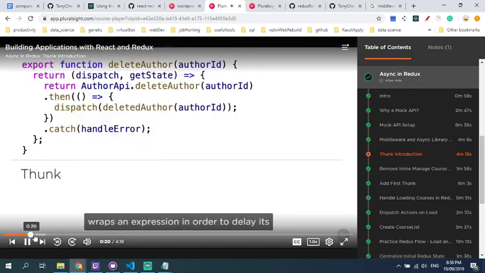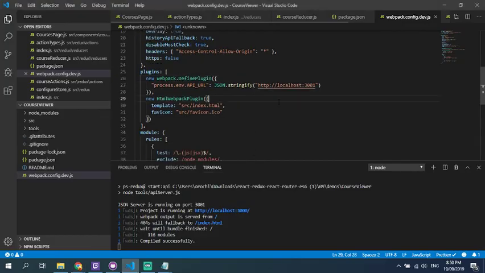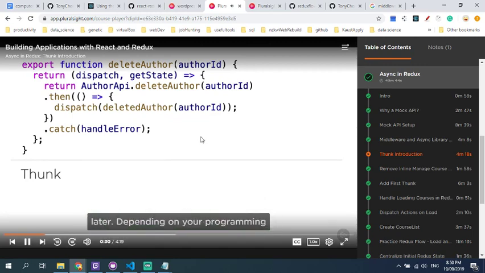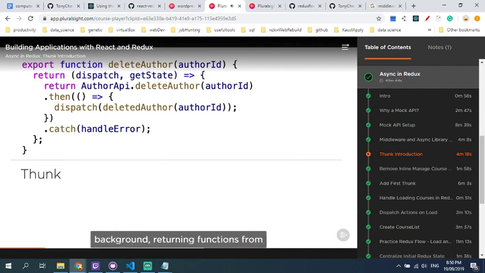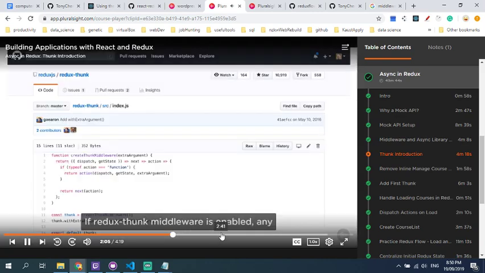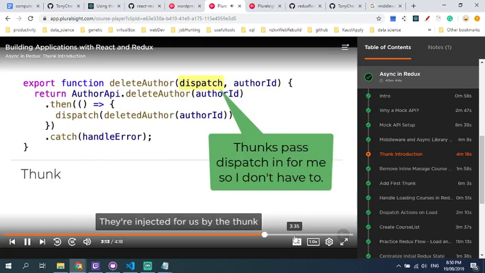Instead, it is a function that wraps an expression in order to delay its evaluation. So in this case, the delete author function is wrapping our dispatch function so that dispatch can run later. Depending on your programming background, returning functions from functions likely feels a little bit weird, but it's a common and powerful technique in functional programming. This enables us to handle the rest of our apps in Redux. It just makes handling async more elegant because you don't have to pass dispatch